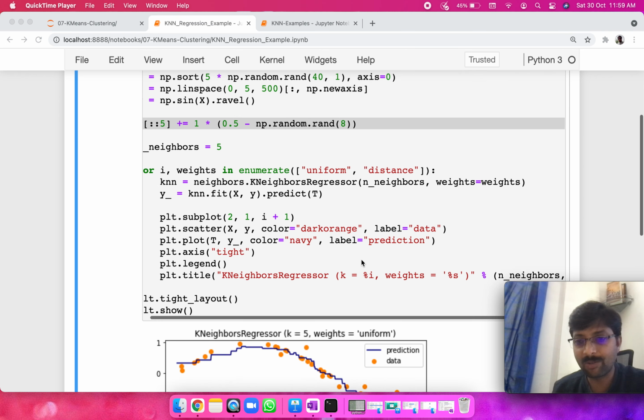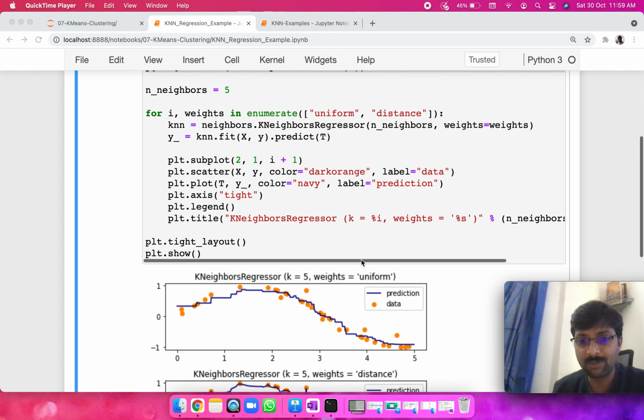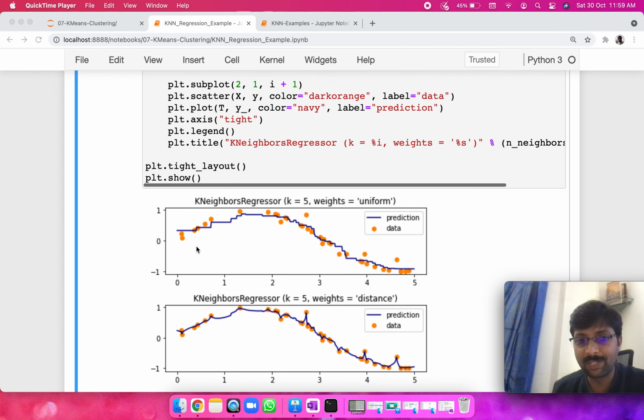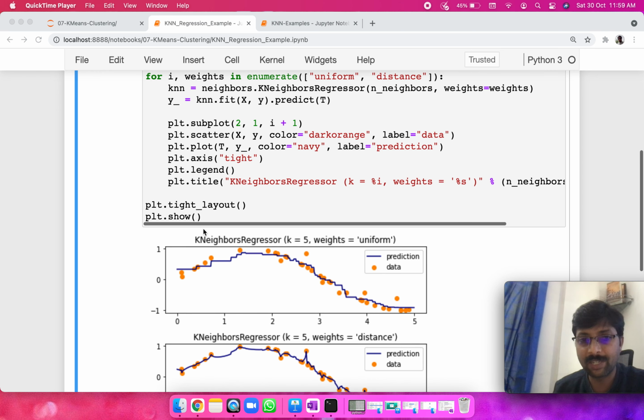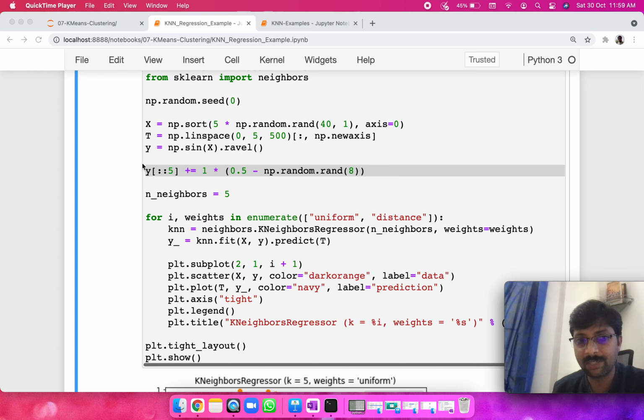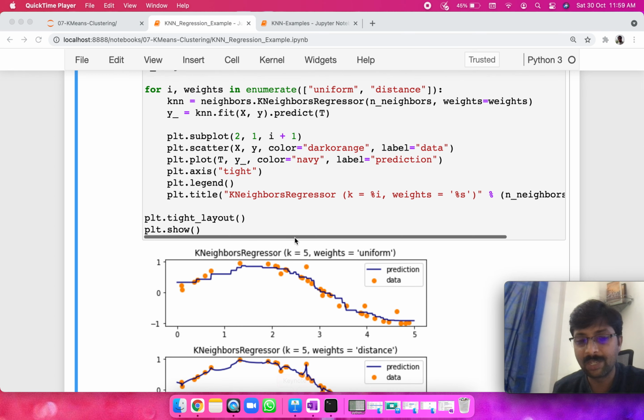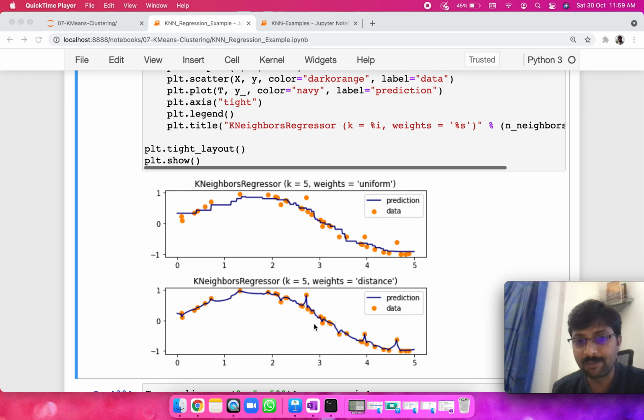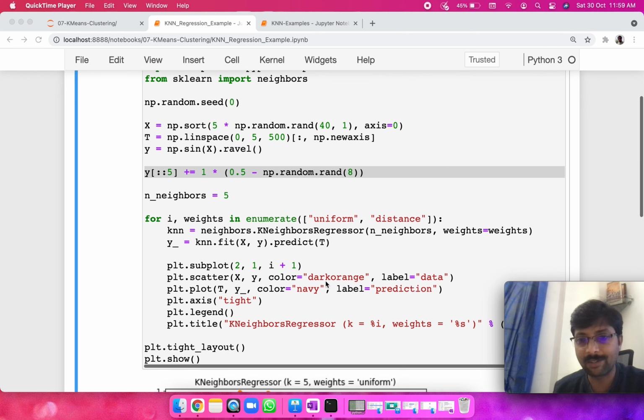So that's the overall perspective of what I wanted to show in this video: how we can generate or simulate continuously changing regression samples, and then use the k nearest neighbor regressor to plot it with different types of weights, uniform and distance based, and also how we introduce some randomness into the y value in order to know how the different models are doing here, right? So that's the summary of what we want to do in this video, friends.